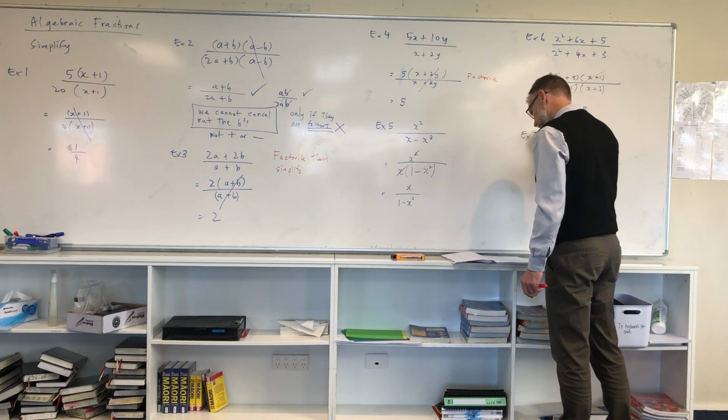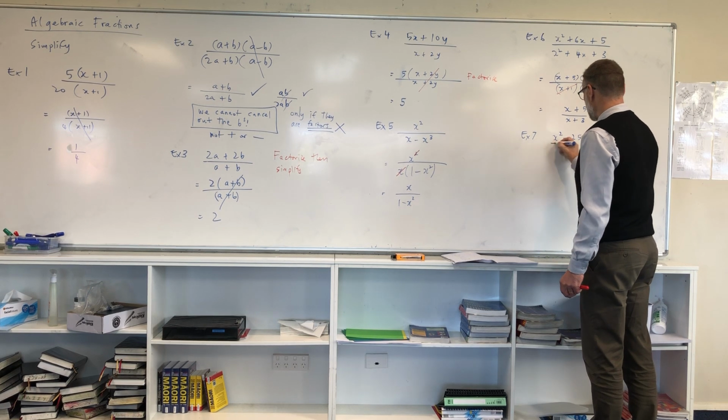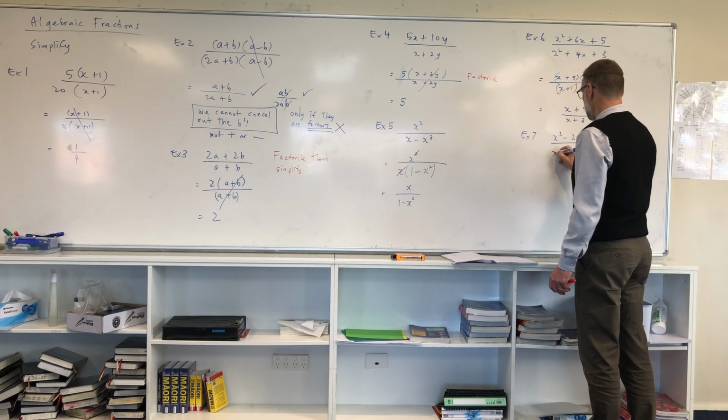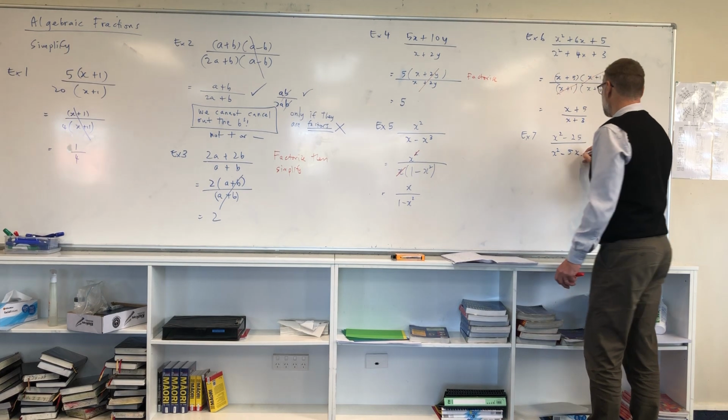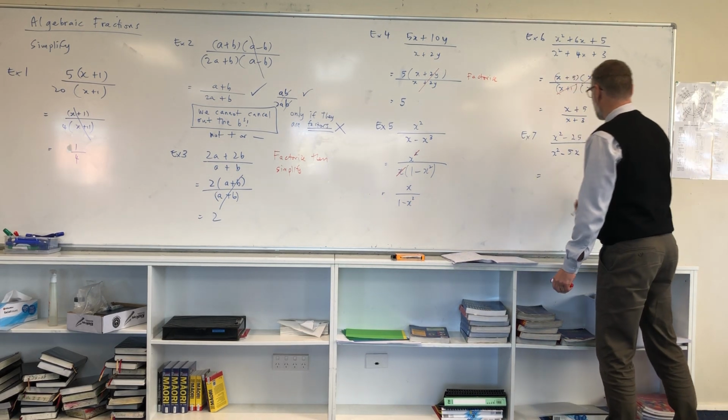Last one. x squared minus 25 over x squared minus 5x. Right. Can I factorise either the top line or the bottom line of that fraction? Who thinks yes? All right, and we can. In fact, we can factorise both of those. So with the first one,